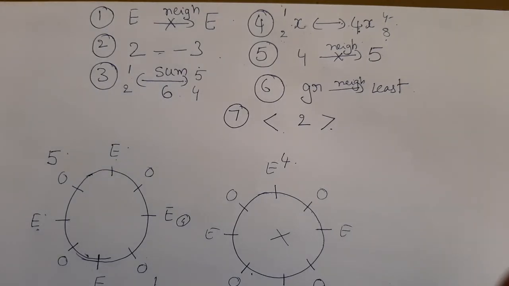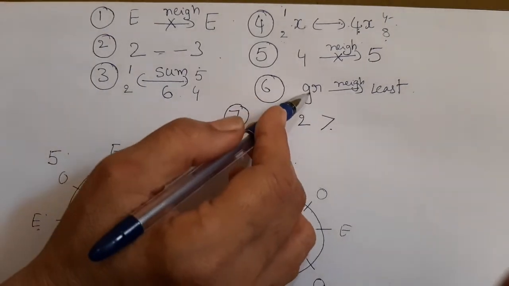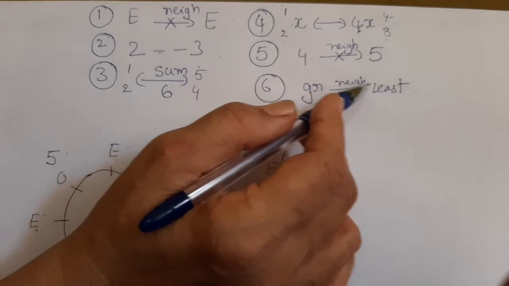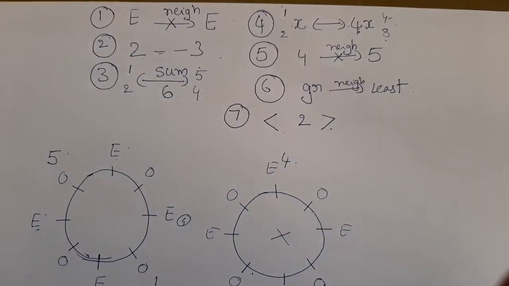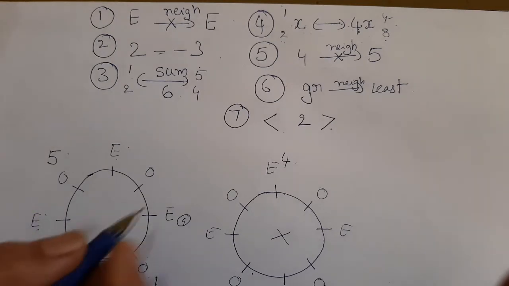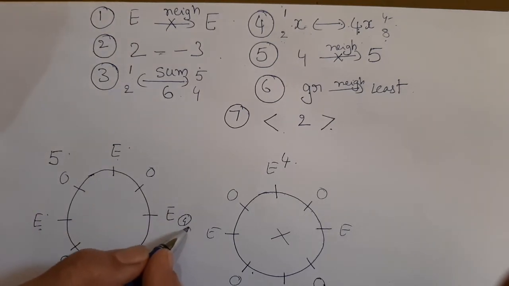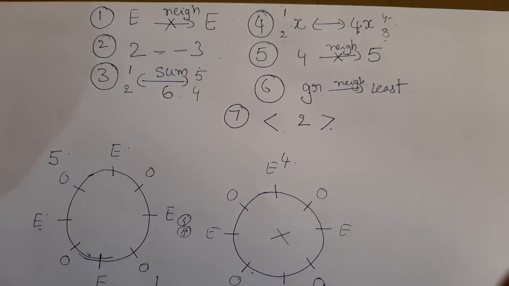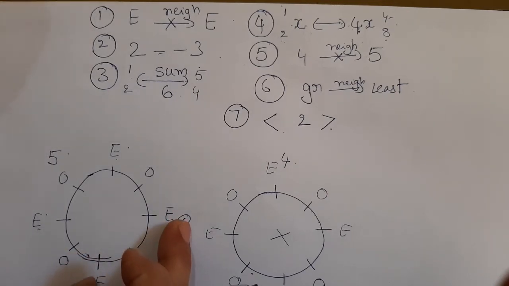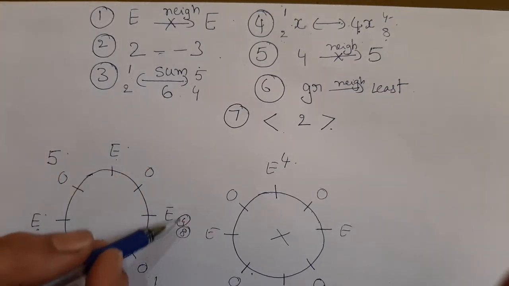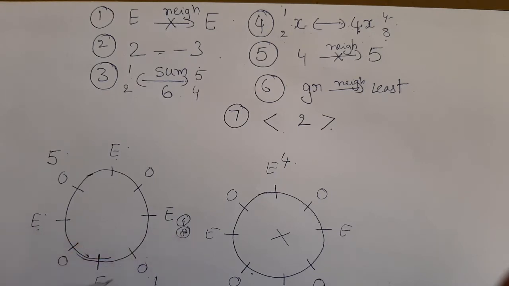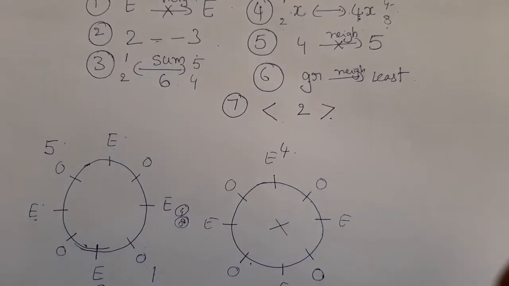Two options are there. Now, the greatest number is neighbor to least number. That means 1 and 8 are neighboring numbers. Already 1 is there. So 8 must come either here or here. So these two places must be occupied with 8 or 4. If I write 8 here, 4 will come here. If 4 here, 8 will come here. So these two places are over.